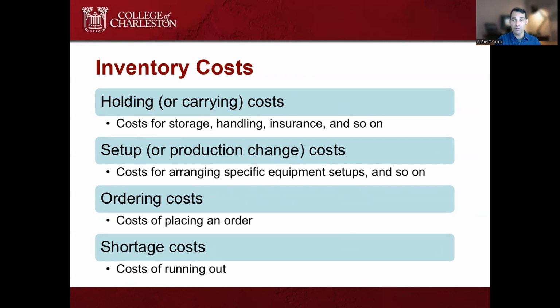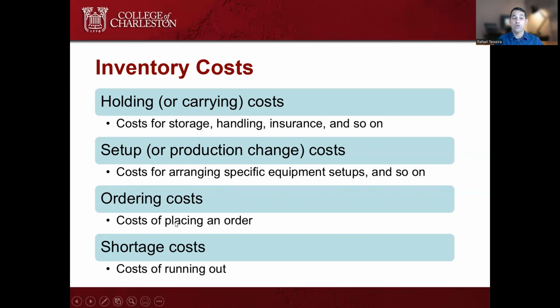For example, let's talk about a company, let's say like HP, that has different models of laptops. If they carry a lot of inventory for different models of laptops, it's because they have different models and they have to set up machines differently every time that they have a different model. That increases the costs to set up production.